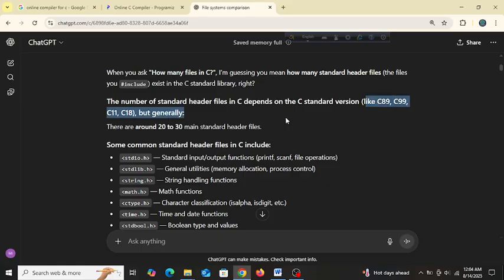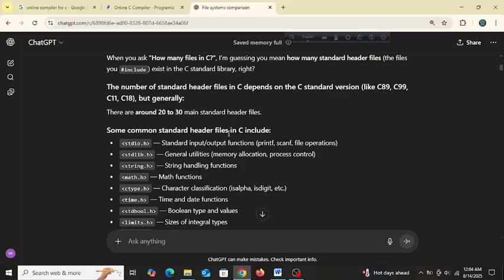So I hope you can guess what these are. These are the years, okay? So in C89 there were some files. In C99, I mean in the year 1999, it was updated, and it was updated again in 2011 and 2018.